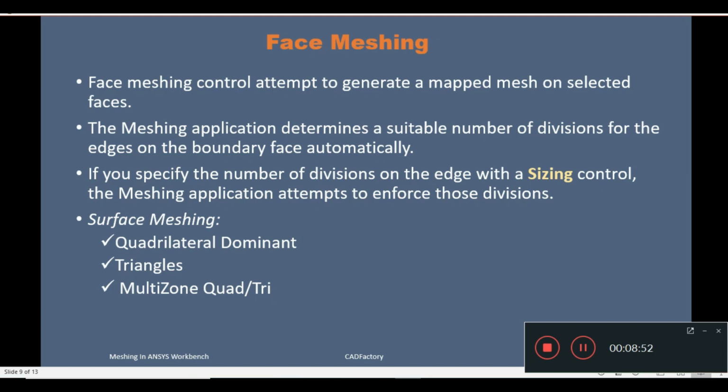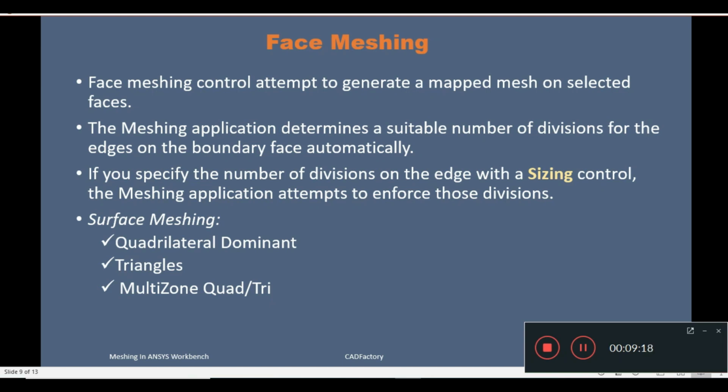Sometimes it determines the number of divisions for the edges on the boundaries of the face automatically, and then creates the face mesh. If you specify the number of divisions on the edge within the sizing control, the meshing application attempts to enforce those divisions. So it takes the sizing control inputs and makes the face accordingly.